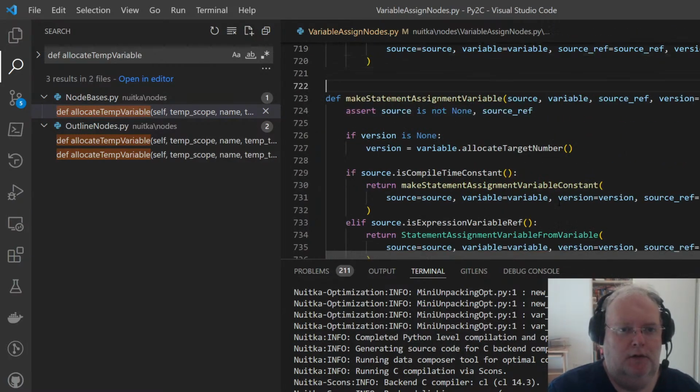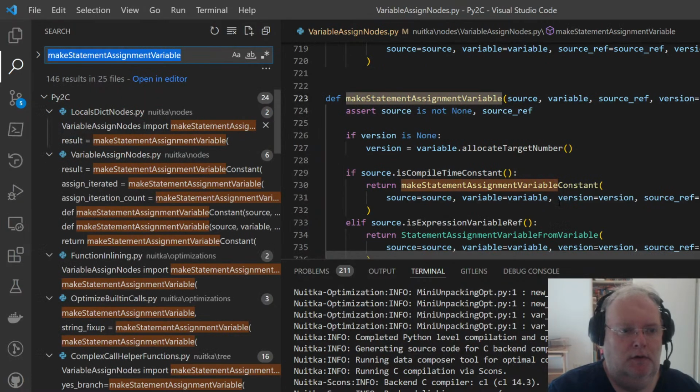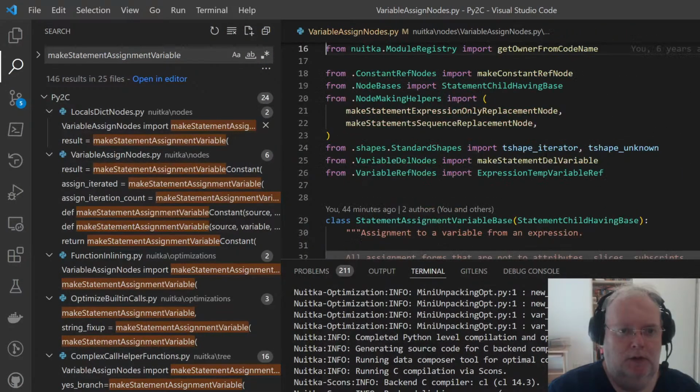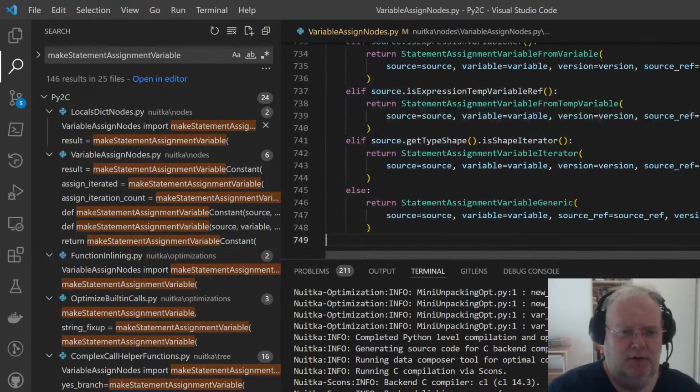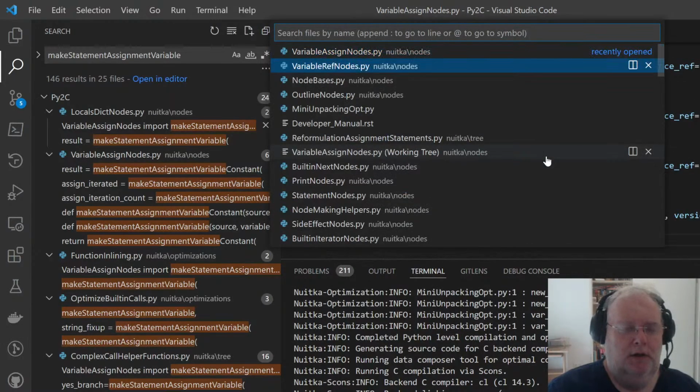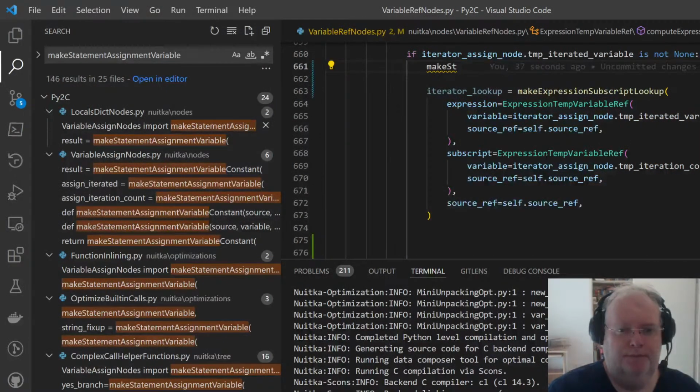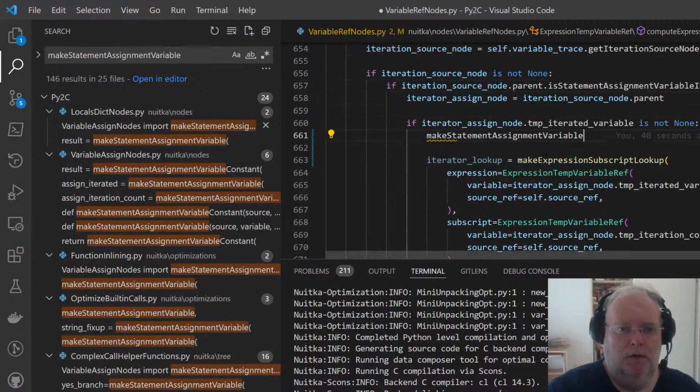It's a factory. Make statement assign variable. This reference variable nodes? Maybe. Variable ref nodes. Yes, it will. Yeah, these factory functions maybe need to be living separately. From point variable assign nodes import make statement variable.